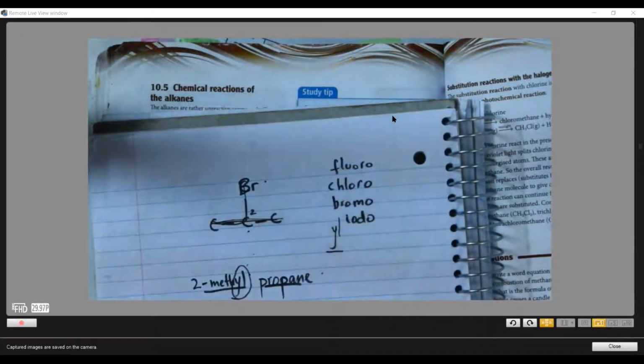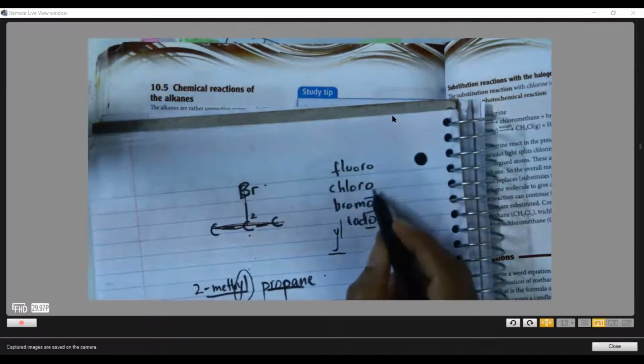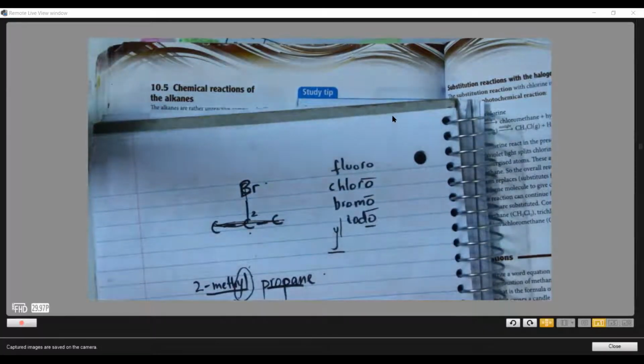I can share the IUPAC rules of naming compounds. You can just go through them. No need to learn them, but go through them. It will give you an idea, so you will feel confident about naming the compound. Sometimes they name the compound and ask you to draw its structural formula. I mean, it can go the other way around as well. So these were the points I had missed and wanted to mention now.